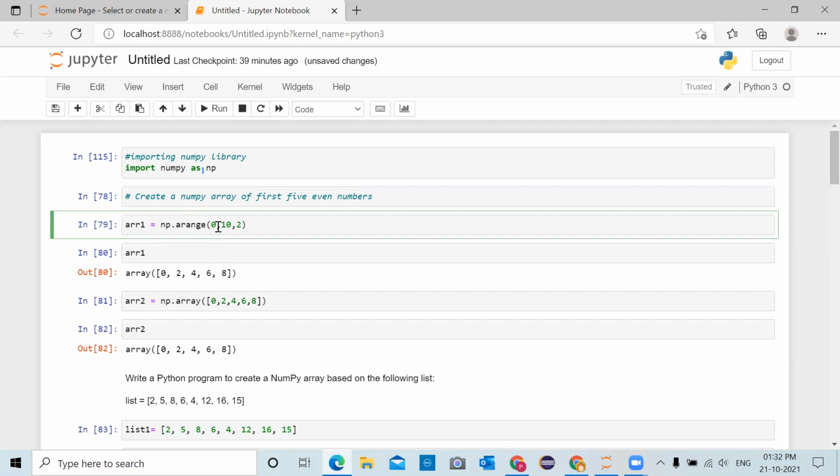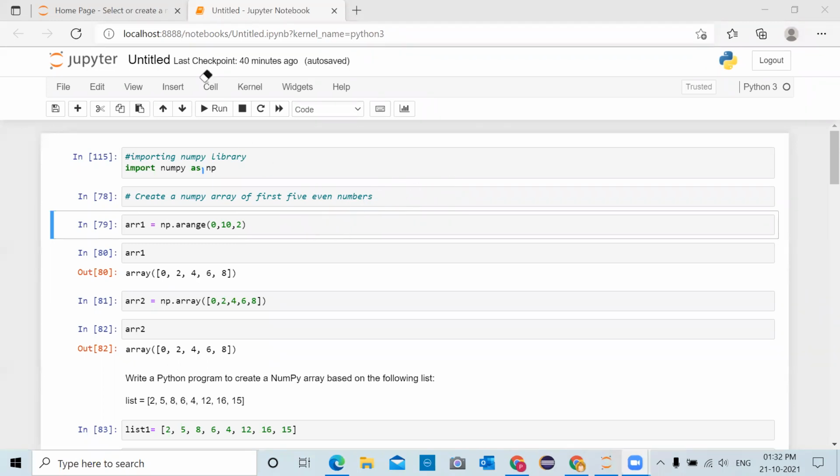In the np.arange function, we are passing start as 0, stop as 10, and step size as 2. After execution of this range function, we will get the elements 0, then step size of 2 means 2, step size of 2 means 4, step size of 2 means 6, step size of 2 means 8. The last index minus 1 means the elements are 0, 2, 4, 6, 8. Then it will be converted into an array using np and stored in ARR1. So ARR1 contains 2, 4, 6, 8.